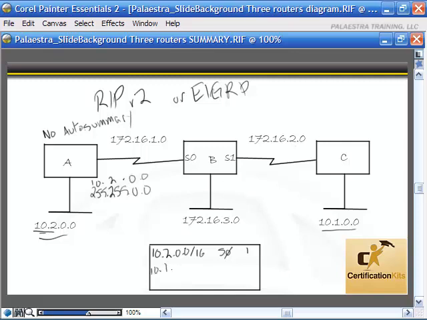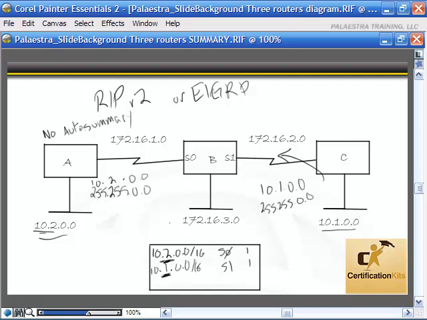And he'll know that subnet 10.1.0.0 is out of the serial 1 interface and one hop away if we're using RIP version 1. Again, the cost doesn't matter. The key thing is that since the mask information is sent out with the update, it's not summarized, so the routers can now tell the difference between the 10.2 network and 10.1 network. Router B will have multiple entries in there, but the subnets will be included as part of that entry. So 10.2 and 10.1, instead of two entries for the 10.0.0.0 network, it's an individual entry for the 10.2 and